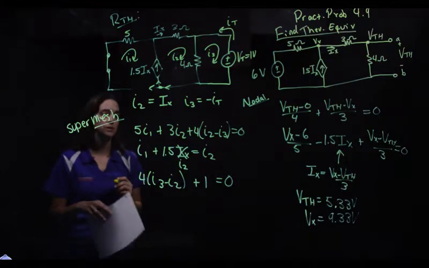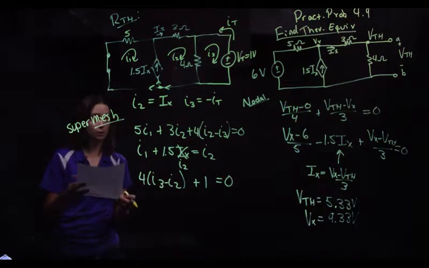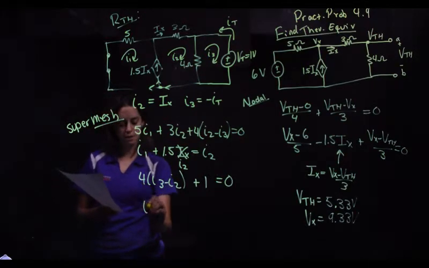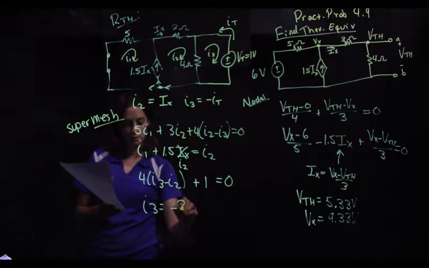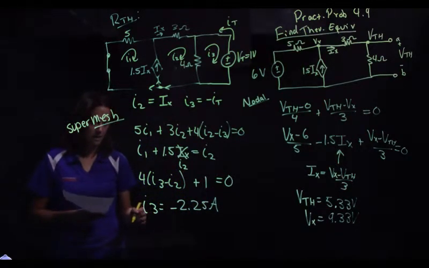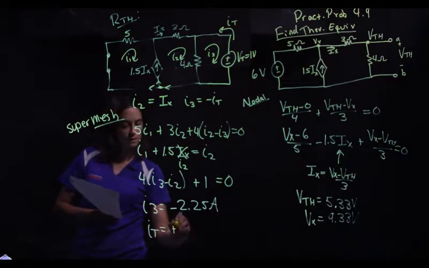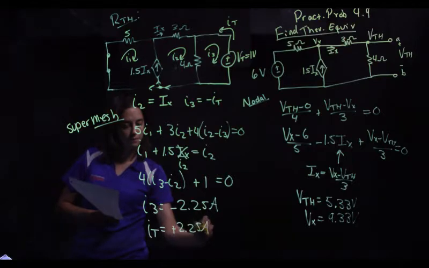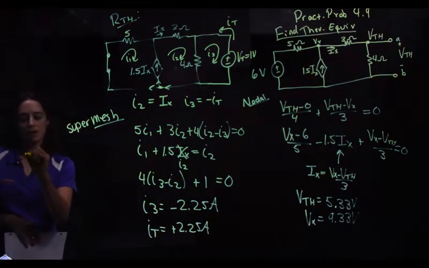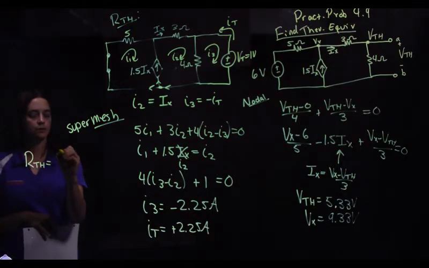So I solve for I1, I2, I3, and the one I really am interested in is the I3, right? So I3 turns out to be negative 2.25 amps. I3 is equal to negative IT, so that means that my IT is positive 2.25 amps. That's a lot of work. So now my R Thevenin is equal to R equals